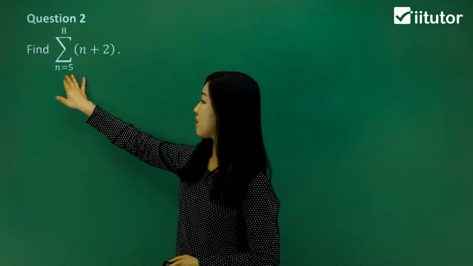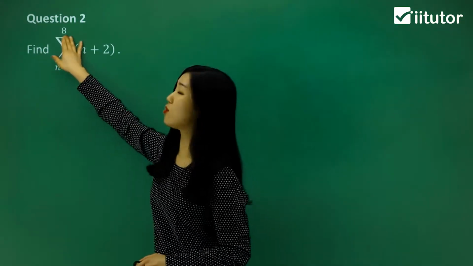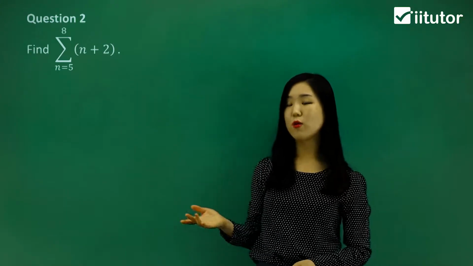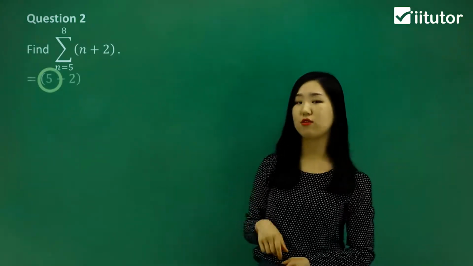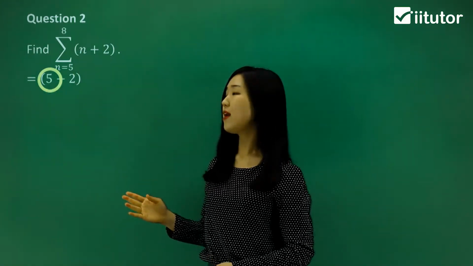So that's why you have to keep an eye on this. So n, we start with 5, and then we want to go all the way up to when n is 8. So let's try it. All I have to do is first sub in when n equals 5. So see how I replace the n with a 5, so it's 5 plus 2, and then plus, we're going